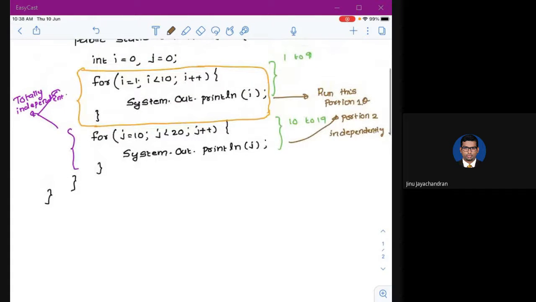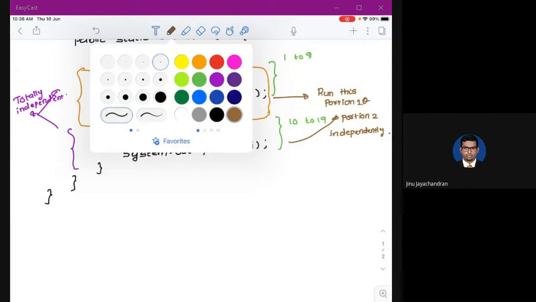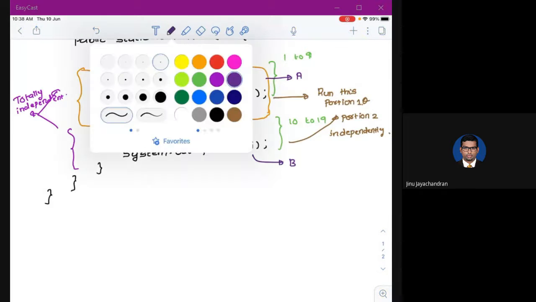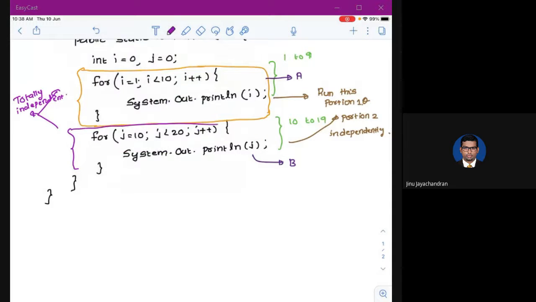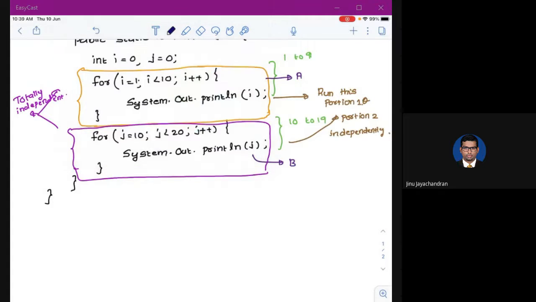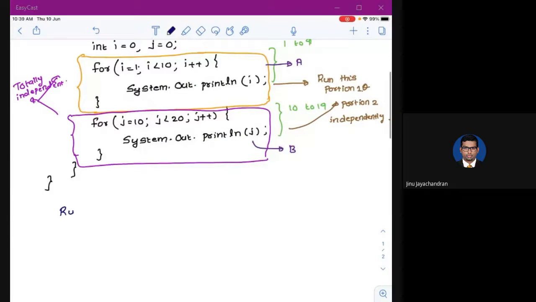Let's say I am going to give names to these two portions of the code. So let's say this portion is called A and the other portion is called B. So when I tell the operating system that we can run these codes independently, what the operating system does is it will run A for, let's say, 10 milliseconds.